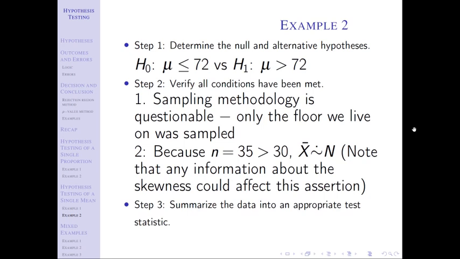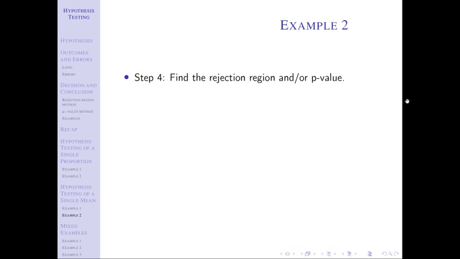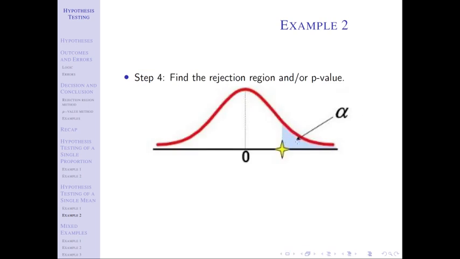Test statistic, as before, we're going to subscript the T with the degrees of freedom. There are 35 rooms that we sampled, so we have 34 degrees of freedom. And so, again, now we just plug the numbers in, and you should be able to get a test statistic of 1.48. This is a right-tailed test. We have a greater than alternative. That means I'm going to draw a picture and shade only the right side. I have a significance level of 0.01 because it's 1%. So I'm going to put 0.01 right here in this tail. That's going to lead me to a critical value of 2.441.